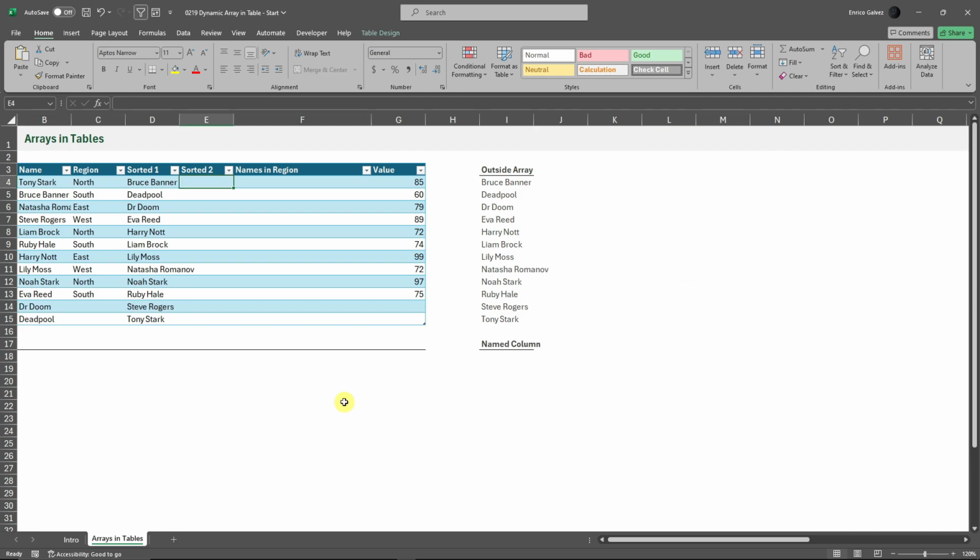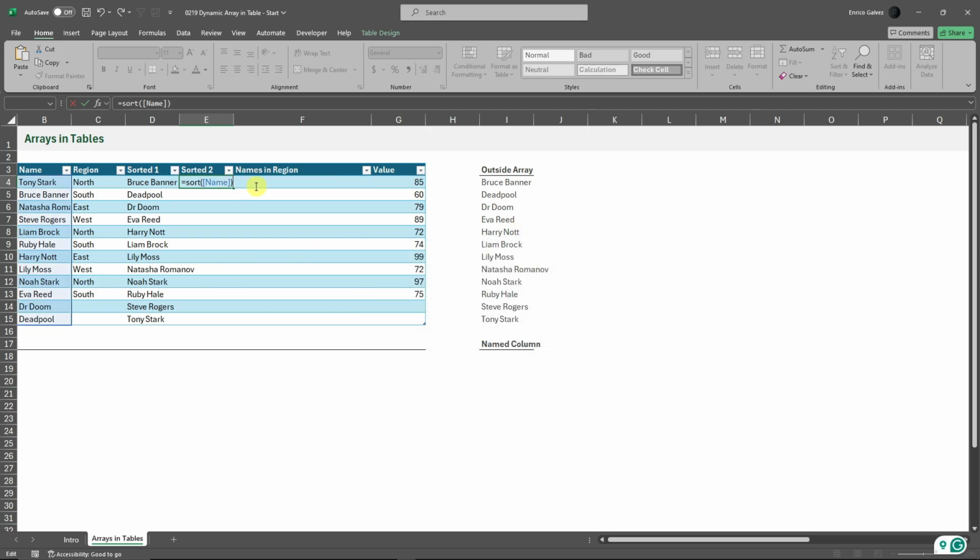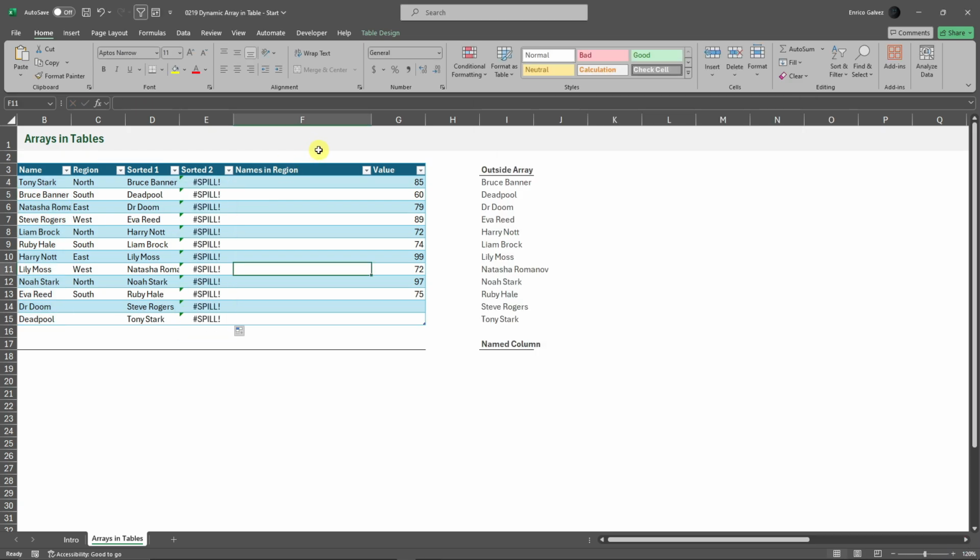Now let's try this one. Another example that I want to show you regarding the spill error. Because if I did this one, for example, sort, and then added the array right there, and just selected this one in particular, close the gap, click on enter. Sorry about that. Added a dash, so let me just remove the dash right there. If I click on enter now, we're gonna have this error, which is the main topic of this video. We have the spill error,